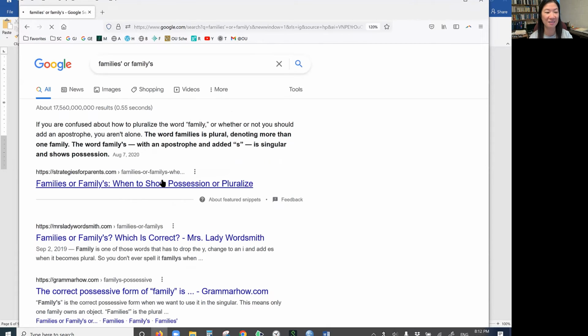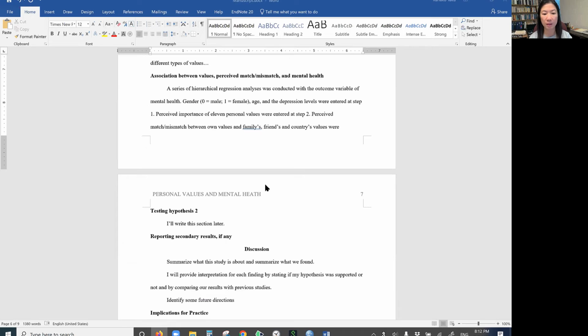That's exactly what I wanted to know. The word families is plural. The word family with an apostrophe s is singular and shows possession. So we don't have to use IES. You can still talk about this as the overall families. I did not know that. So, families.